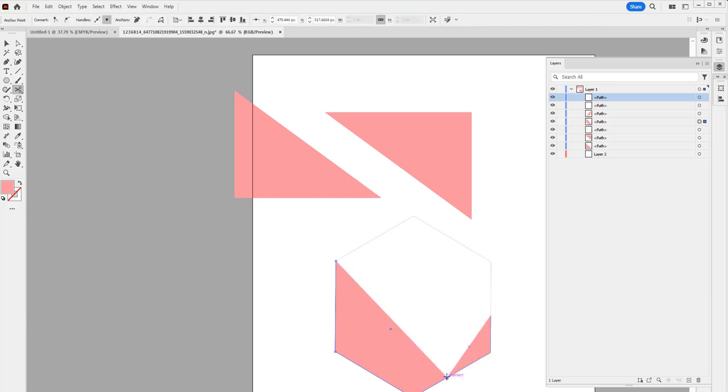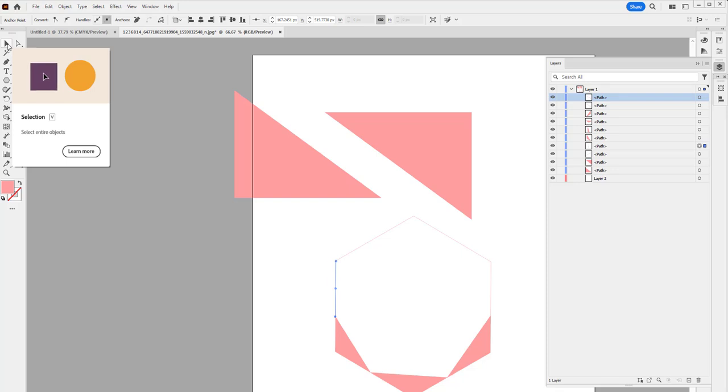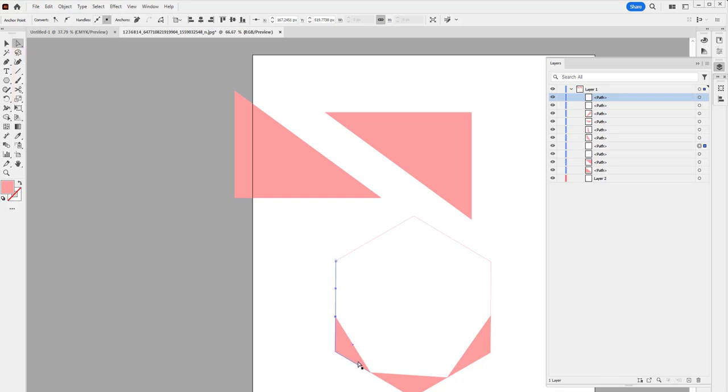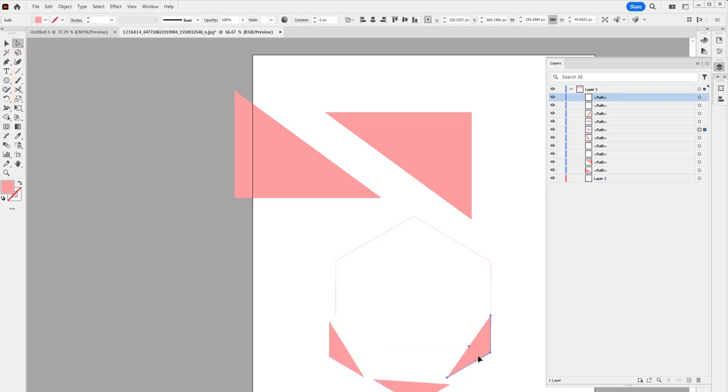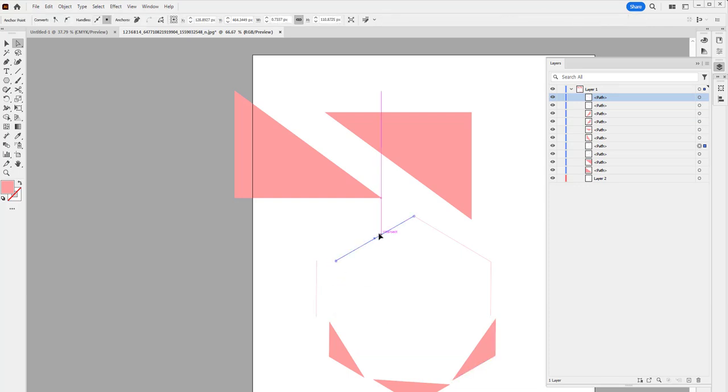If you point it somewhere here, here. So if you direct select, you can see that it is divided, see. So that's how you use the slice scissor tool.